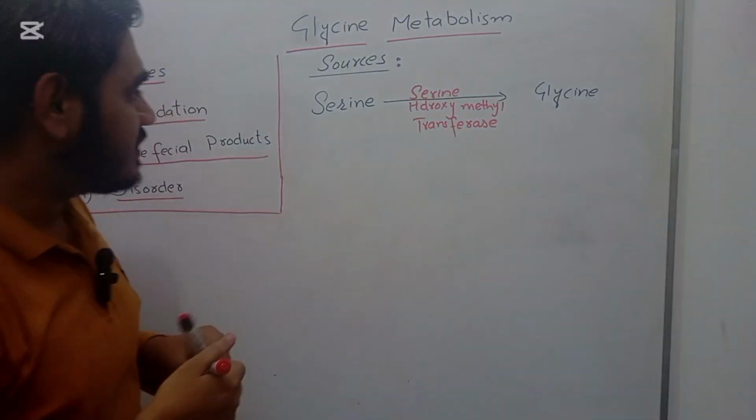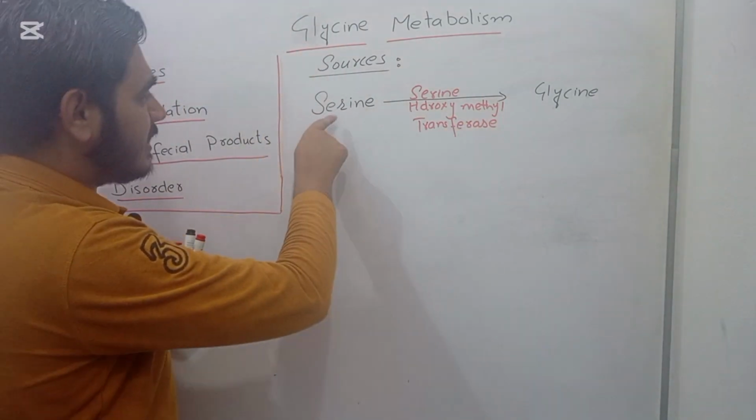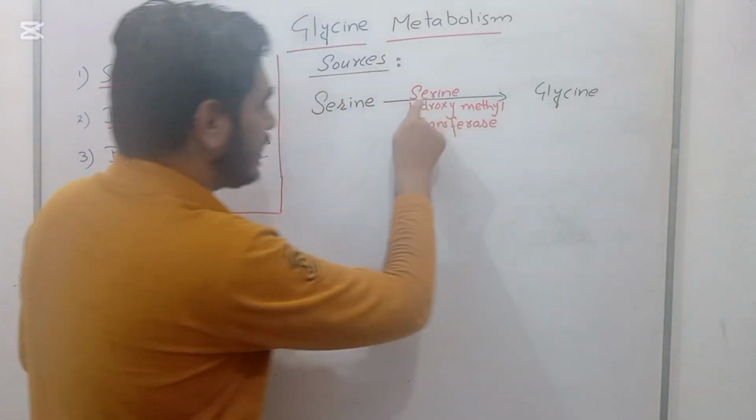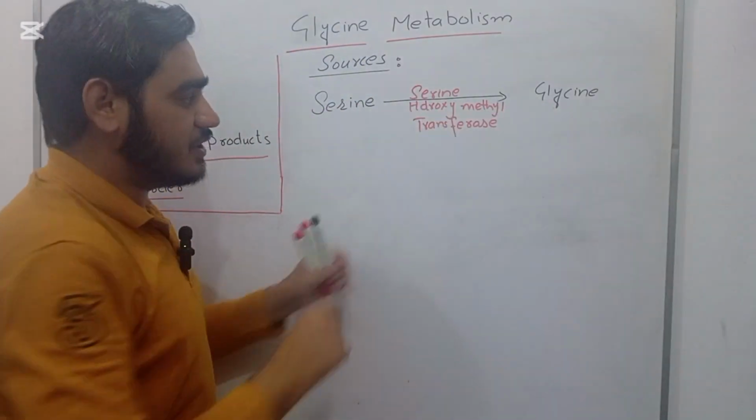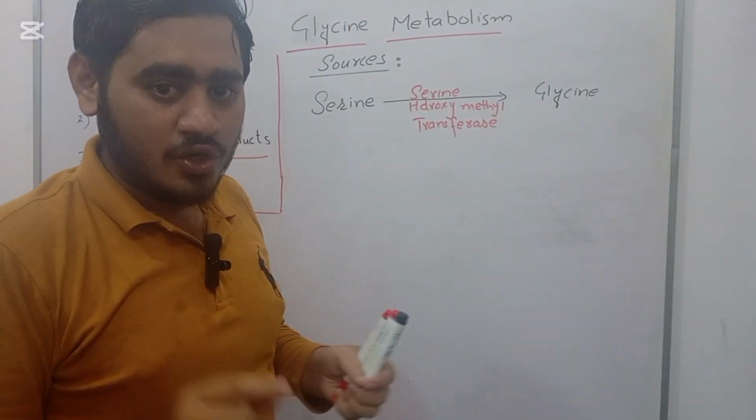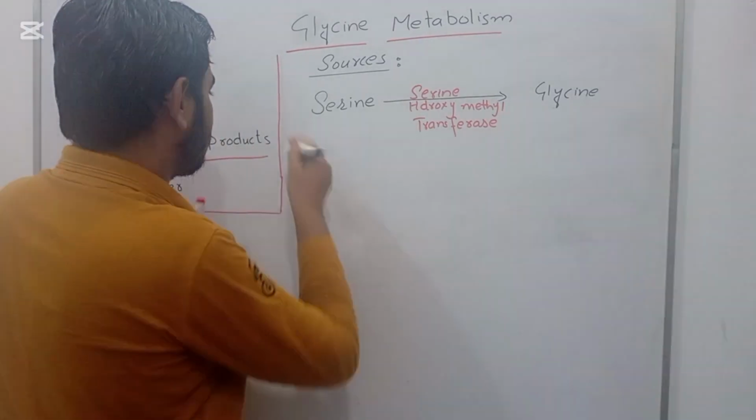Okay, so this is the first source of glycine: serine forms glycine by the action of serine hydroxymethyltransferase enzyme. Now coming toward the second source,